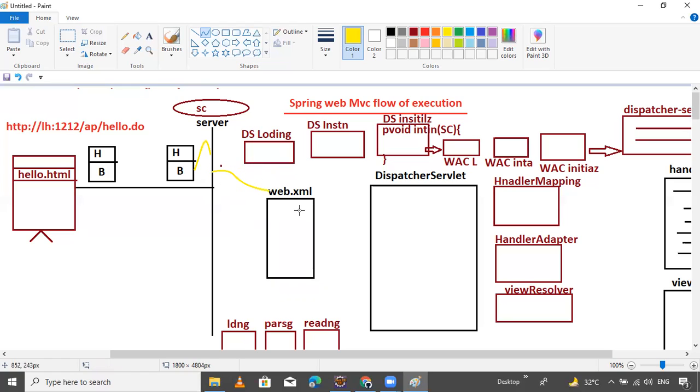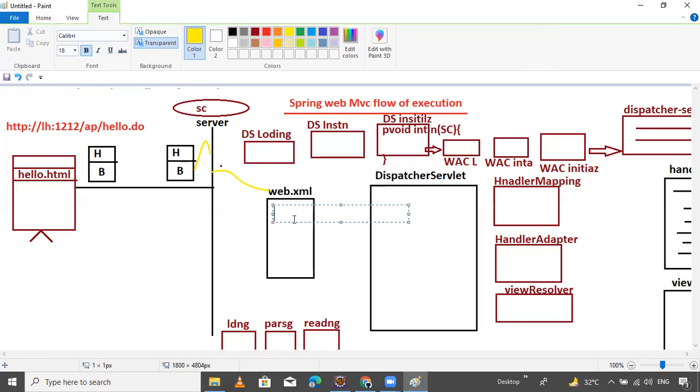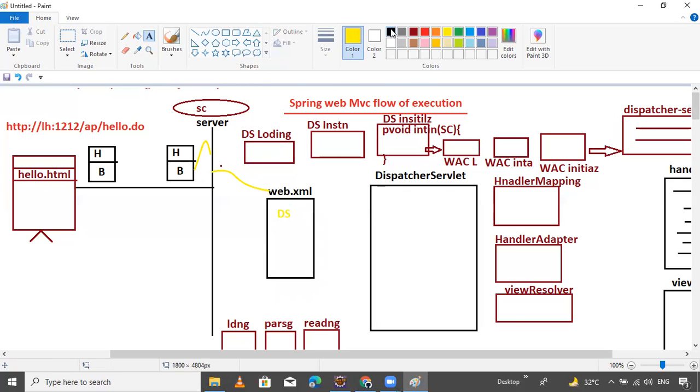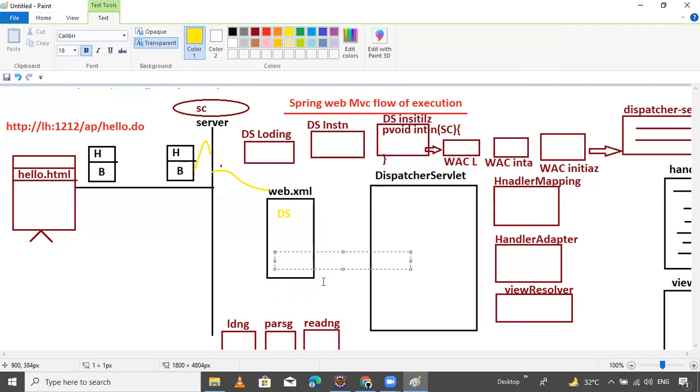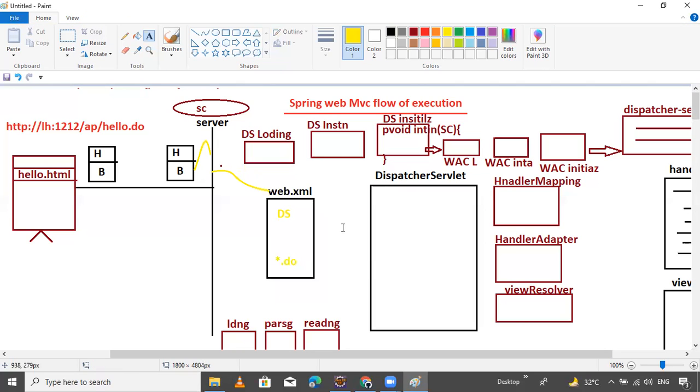Where is the web.xml file existing? Inside the web.xml file, it will search the DS, and with the DS it will search star.do. We provide star.do.